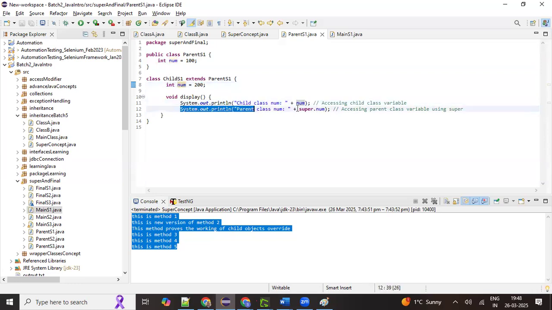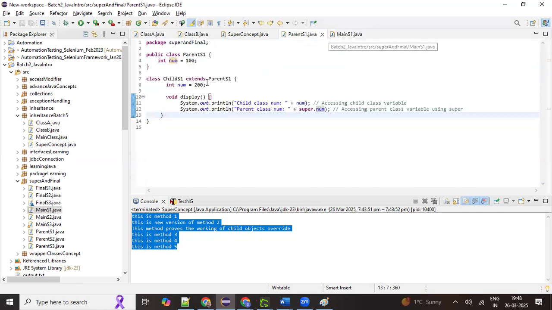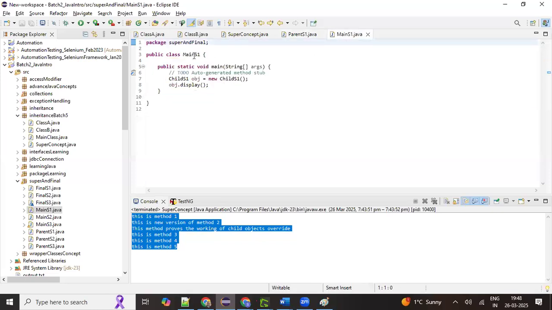But if I want to display the parent's num value, I have to use super.num. That means it will go to the parent class and try to find the value of this num variable and display that value. So for executing this class, or everything we learned here, we'll use a main method,